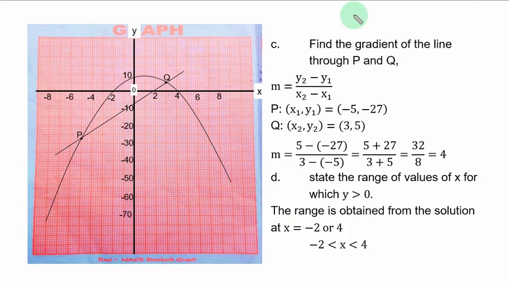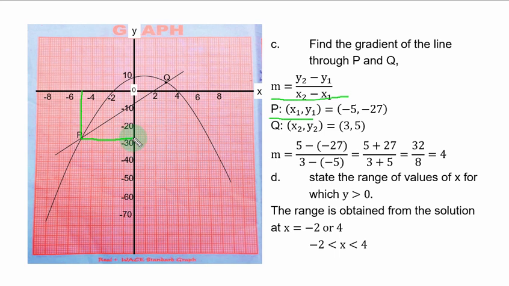C part of the question, you should find the gradient of the line through points P and Q. This is the gradient formula. So let's take P as the first coordinate, with the point (s1, y1). So this is point P. You trace point P to the s-axis to get s1. That is -5. The middle of -4 and -6 is -5. Then you trace the same point to meet the y-axis, and the point is